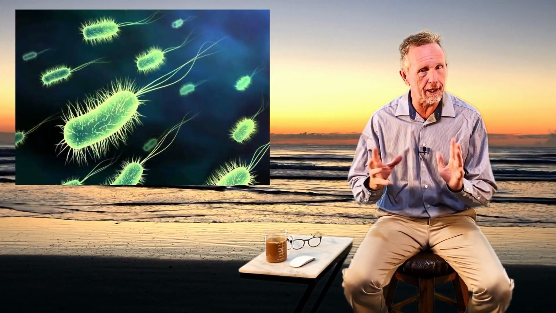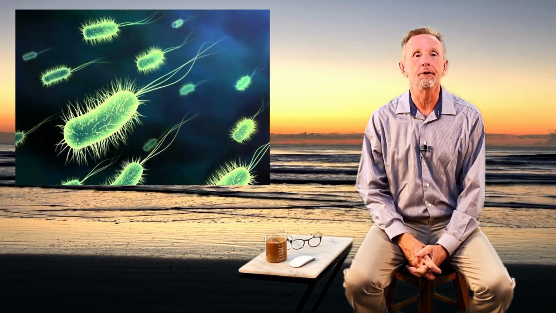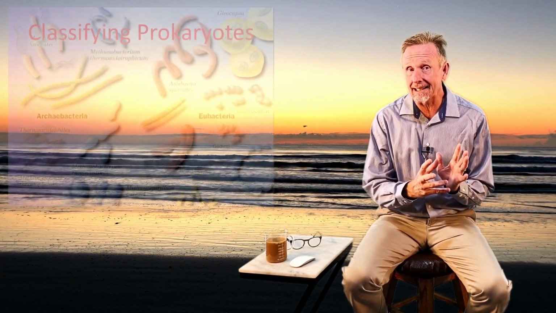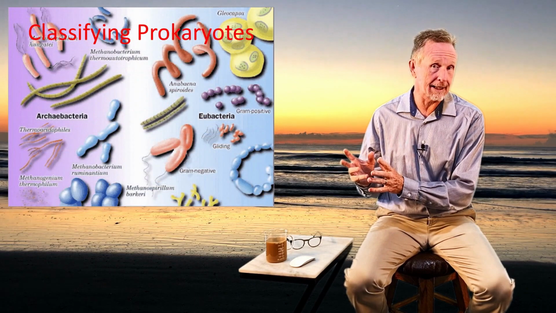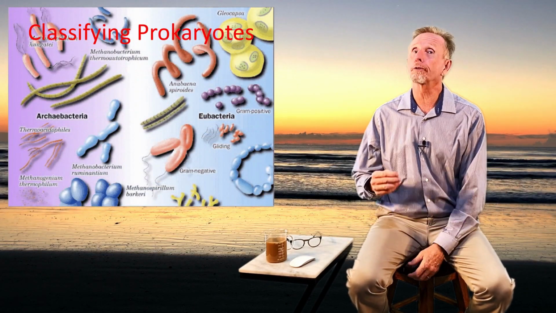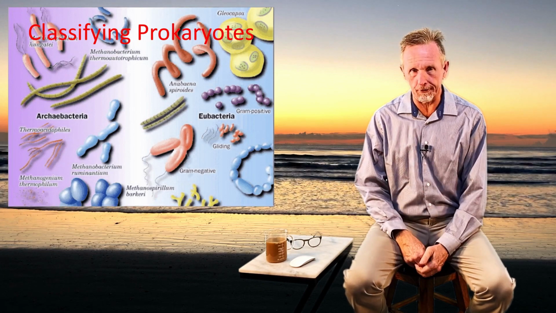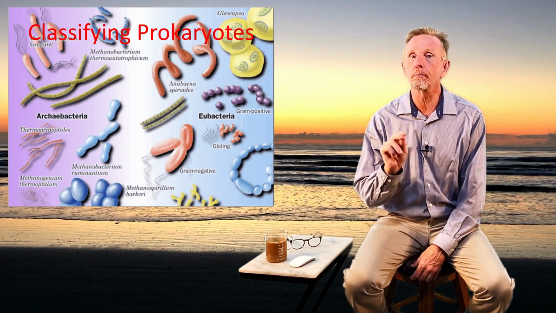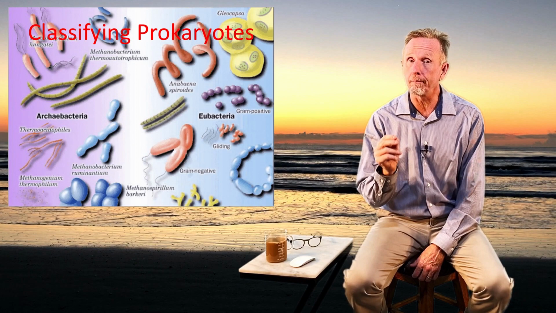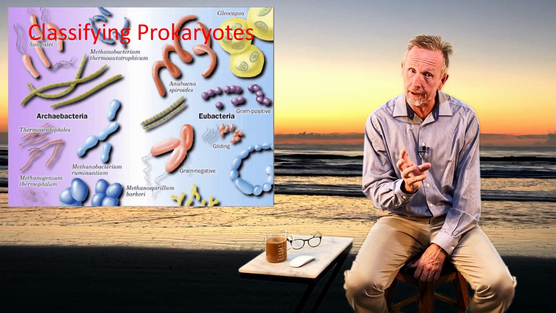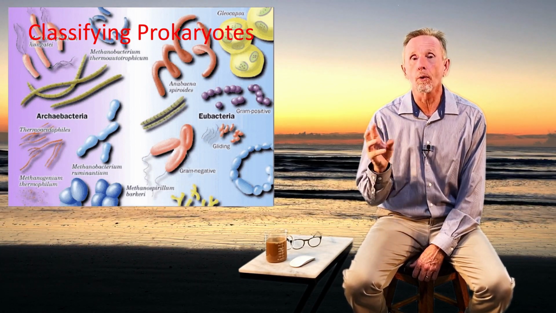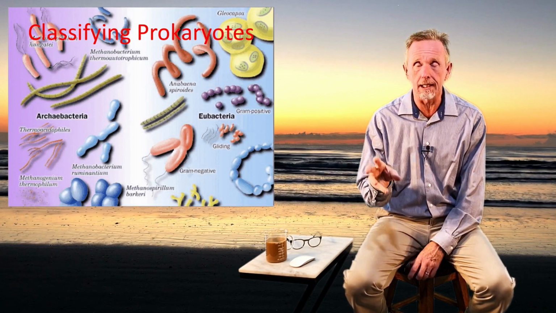Now, all prokaryotes are bacteria. Now, the bacteria get broken down again into pretty large categories. We have the archaebacteria and eubacteria. Archaebacteria, also known as archaea, live in extreme environments. But these are the only forms of prokaryotes. It has to really be a bacteria, either an archaebacteria, like archaea, or what we refer to as the eubacteria,